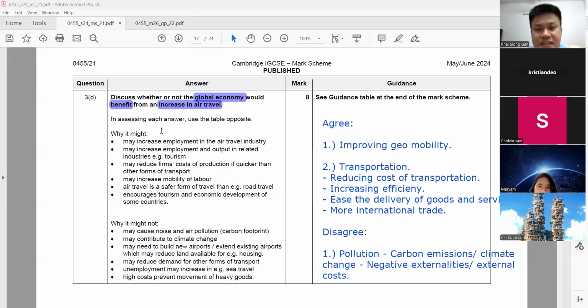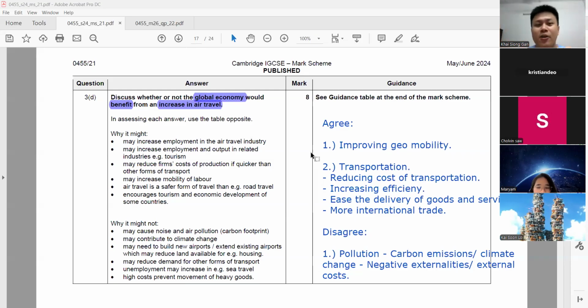Yes, correct. Increasing exports to agree also can. Thanks to COVID. That one can. How does it affect the economy? Economy means the overall. That means I'm referring to the country, the people, the firms, the business. When I use the word economy, it's a general keyword that includes everything. But the reason why you cannot get the marks is because you are focusing on improving skills and qualification, and also productivity, the diseases.